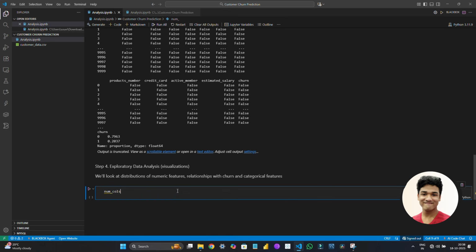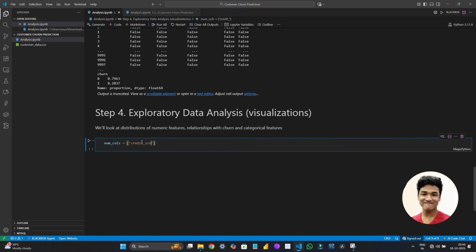Alright guys, now comes one of my favorite parts of any machine learning project, the exploratory data analysis, or simply EDA. This is where we visualize our data to actually understand the patterns hidden inside it. So first I have selected some numeric features like credit score, age, tenure, balance, number of products, and estimated